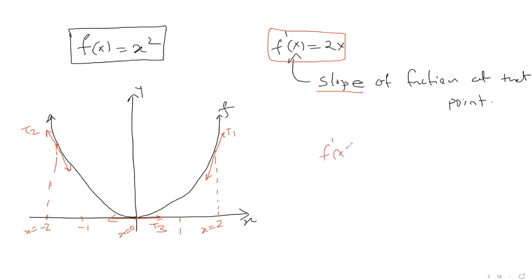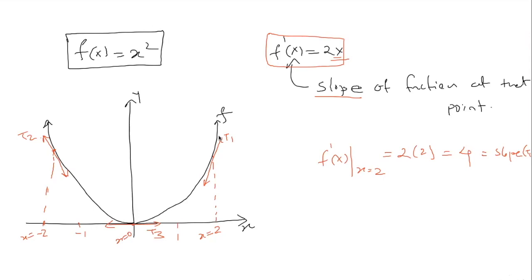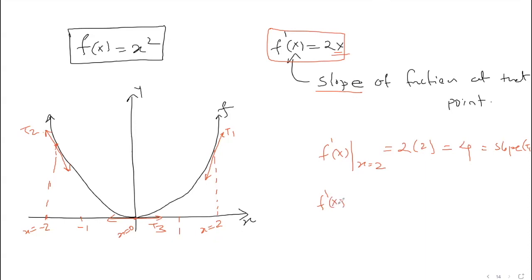Now, f prime of x at x is equal to 2. All you have to do is here plug in the value of x as 2. So it is 2 times 2, that's 4. And that's the slope of T1, right? This tangent. Next, if I want to find f prime of x at x is equal to -2, it is 2 times -2, which is -4. Do you clearly see, if this line has got slope 4, this line has got slope -4. They're exactly in different directions, but same slope in terms of magnitude. Well, this is the slope of T2.